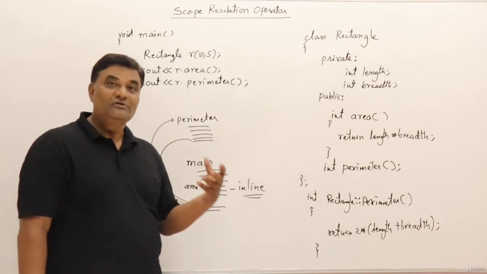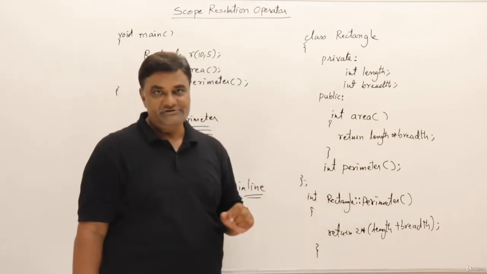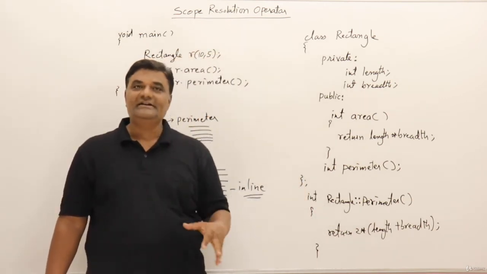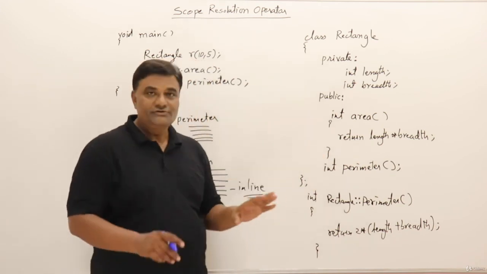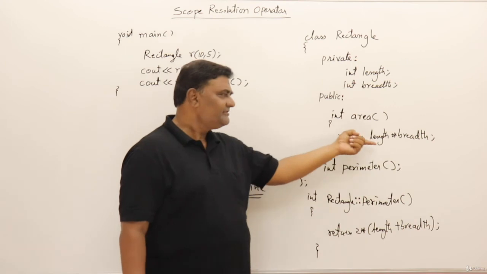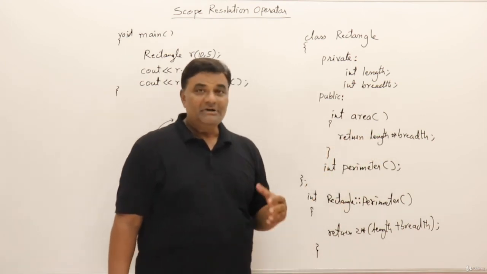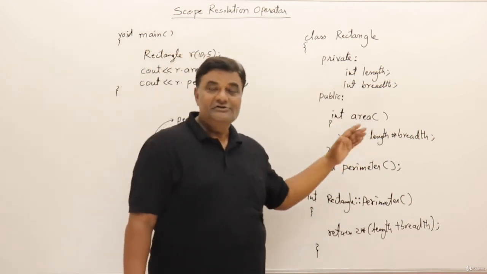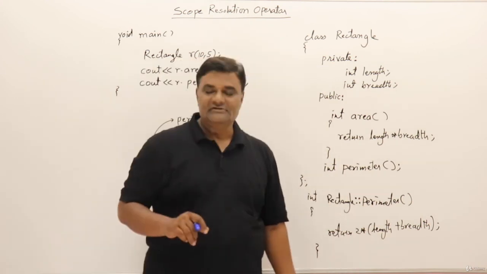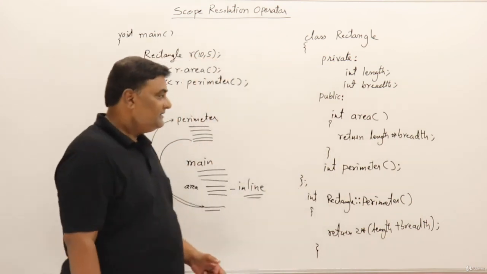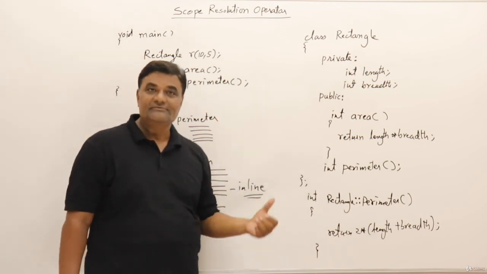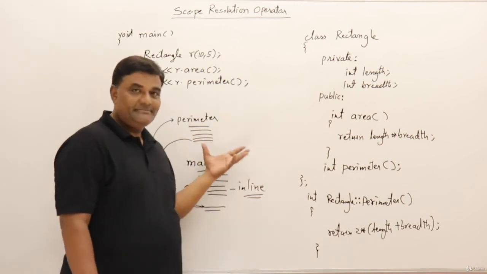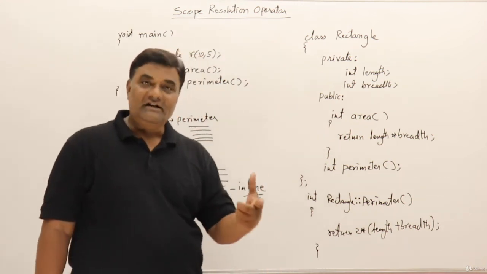So in C++, it's good practice to write the function outside using scope resolution. Otherwise, if you write them inside, they become inline functions, so you should be careful when writing functions inside the class. An inline function should not have complex logic. This one is simple, just one arithmetic operation. But if there are loops and nested loops, you should never write them inside the class; write their body outside the class only. That's all about the scope resolution operator, and the differences between using and not using it. Writing inside the class is inline; writing outside is a separate function. So you can write this code and check it.